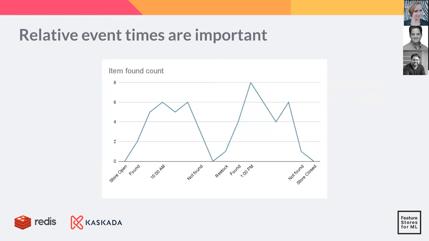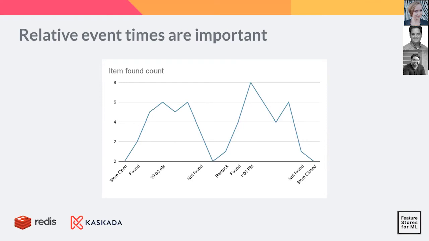So grounding ourselves in this case study, we're building an item availability model and reducing the data to find the right examples. The signal and the noise is key. You can begin to see improvements by simply shortening the windows where you're computing or computing more frequently, but it's not enough. The y-axis here is the item found count, and the x-axis is the time in terms of events as well as clock time. This is because the important times are different for every single store. There is no global time availability that you could simply snapshot and go back to.